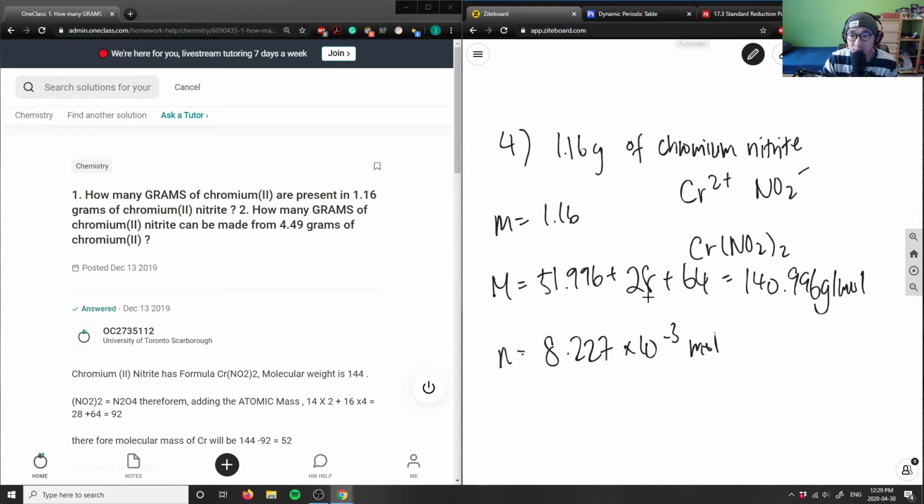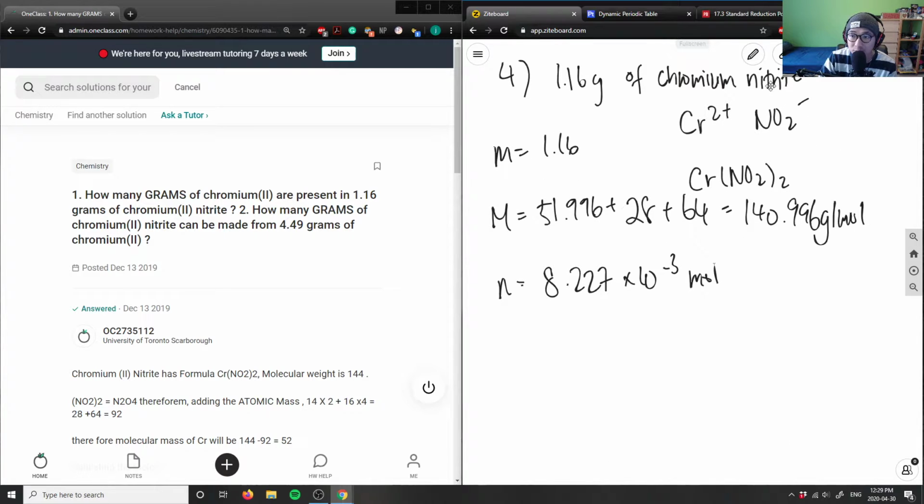And what I'm going to do is with this mole value here, I can figure out my total amount of moles here. So how would I have to break it down in terms of atoms here? So I'm going to have to break this element down to atoms and see how it fills up these moles here. So think about Cr(NO2)2, right? If you break this up into your atoms here, you can visualize this as you have 1 chromium. Let me use a circle 2 here. So you have 1 chromium atom,